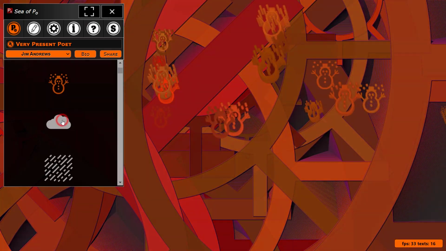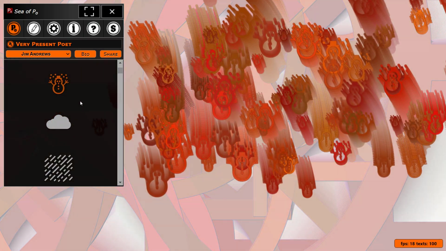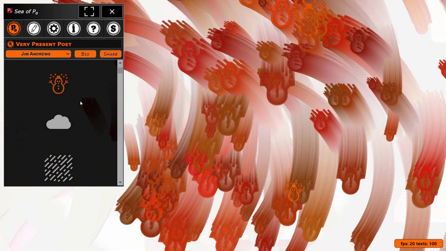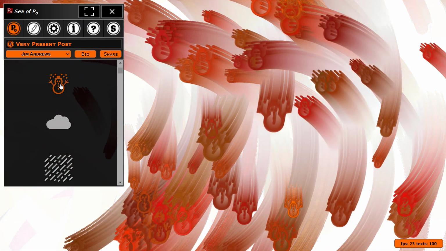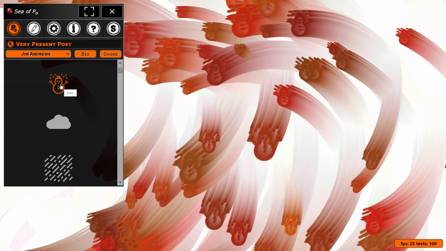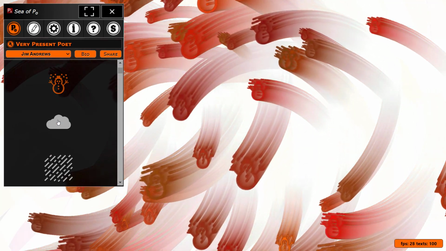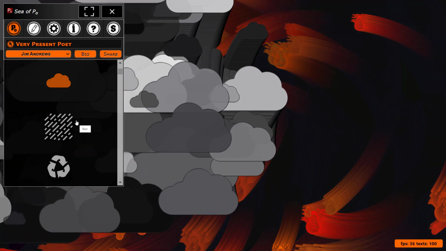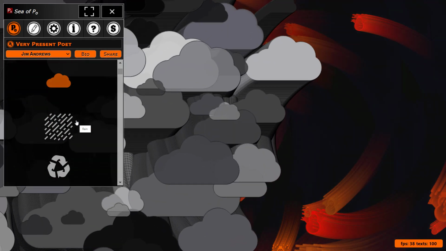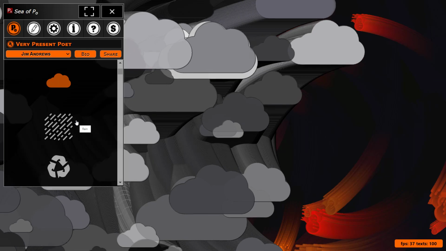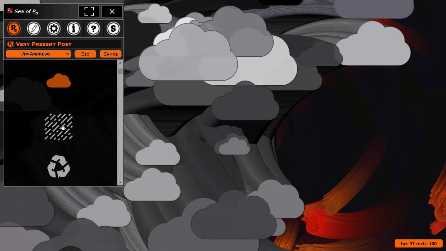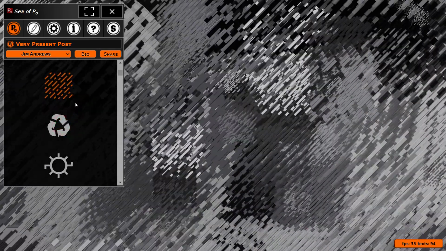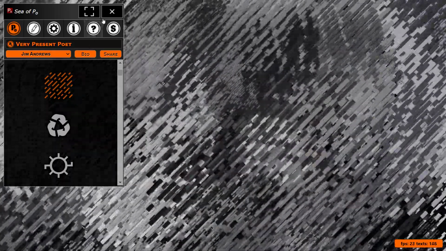And if I click on this one, we see the snowman, red and orange snowman, but this is a symbol of snow. And click on the next one, and to nobody's surprise, we have clouds. Click on the next one, and it's of rain,